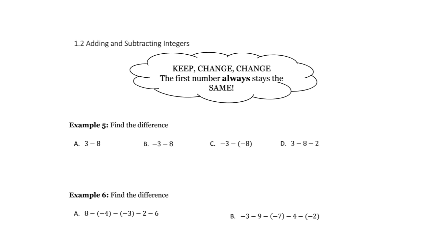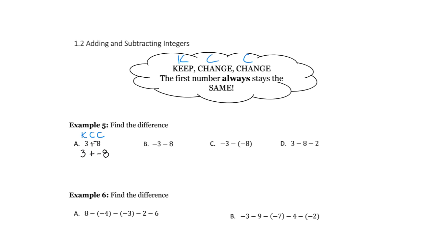So what do I mean by keep, change, change? Well, I'm going to write that as K, C, C. So I'm going to keep this first number. I'm going to change the sign, which means I'm going to change the sign of the second number. So what that means is I'm going to keep 3. I'm going to change the sign to a positive, to an addition problem, which means that this has to become a -8. And now our problem is really 3 plus -8,